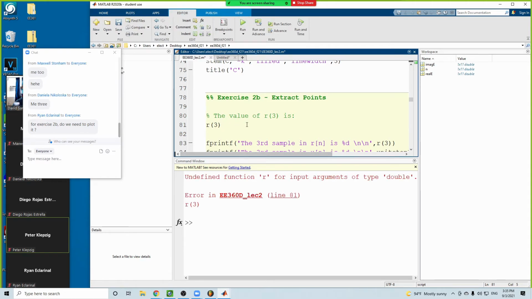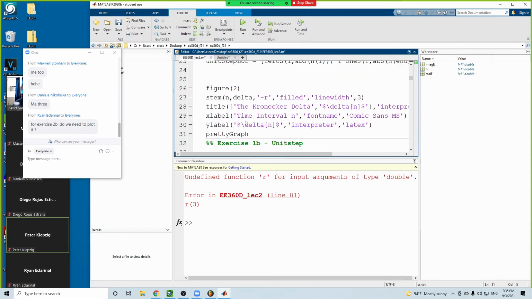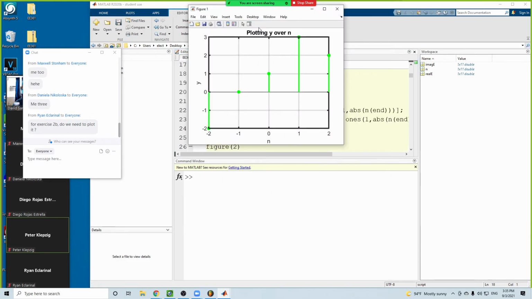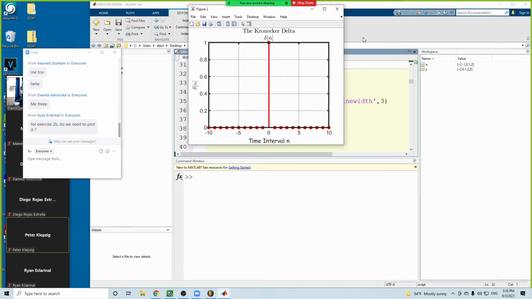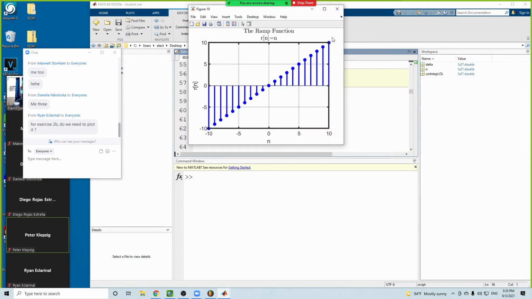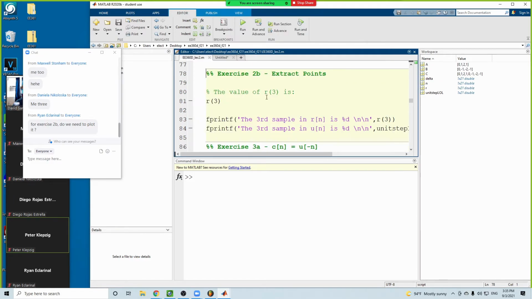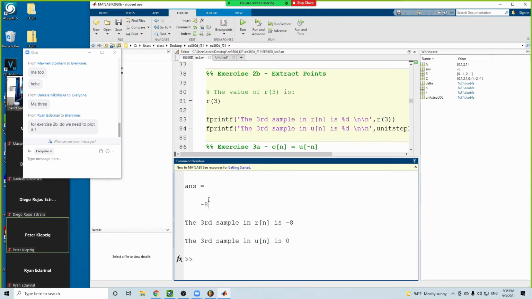Oh, R. Oh, that's because I erased it. Let me just run in advance. There we go. And then run section. So you could do this, and this will print out. You'll have this comment, and it'll print this out. However, this doesn't look as